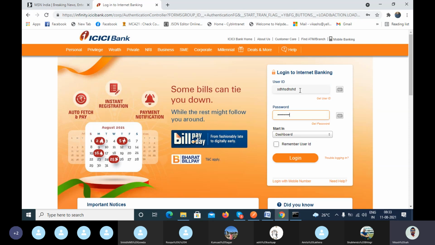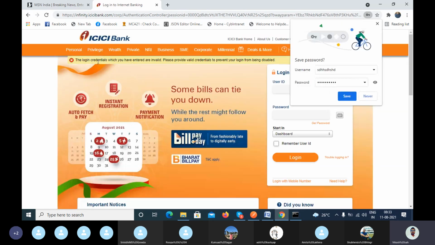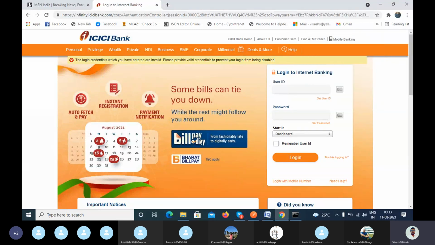If it is invalid, it will return an error message, like here: the login credentials you have entered are invalid. That means the server is authenticating this particular user by verifying the user ID and password. If both match, then you can enter your application. That is authentication.